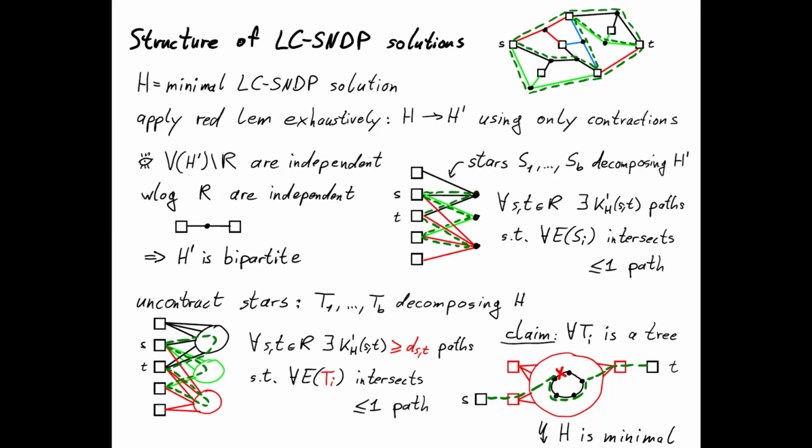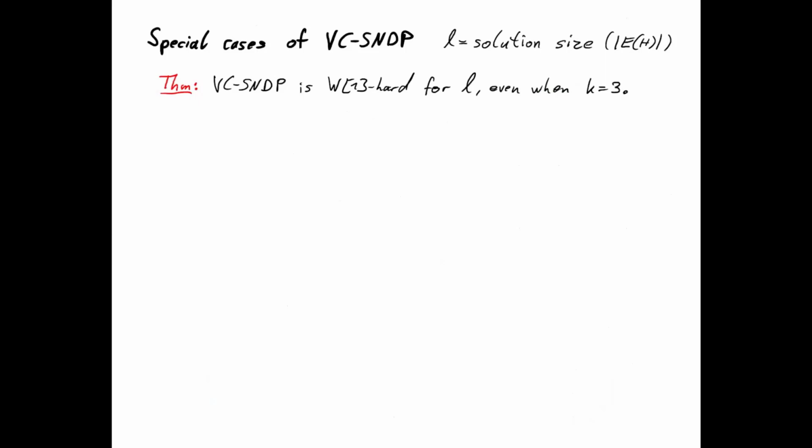Okay, so that's the decomposition lemma. And okay, I'll just have a couple minutes left, but let me just mention that we also look at some special cases of vertex connectivity, right? So we show that it's W[1]-hard, but then it's interesting to see, okay, when is it actually